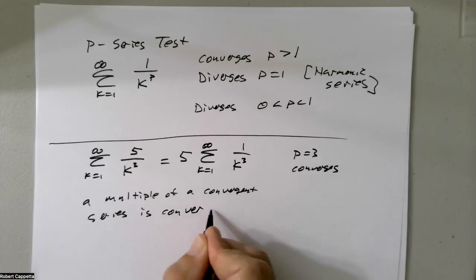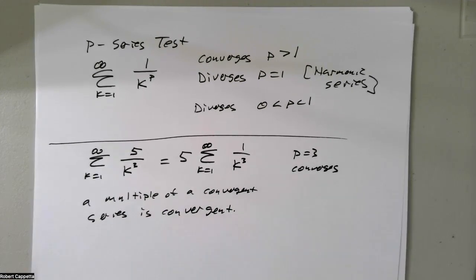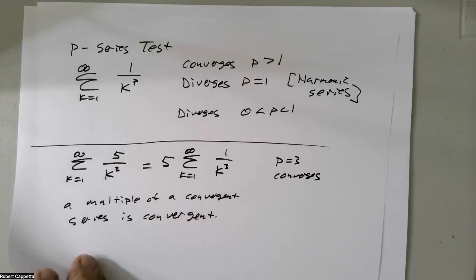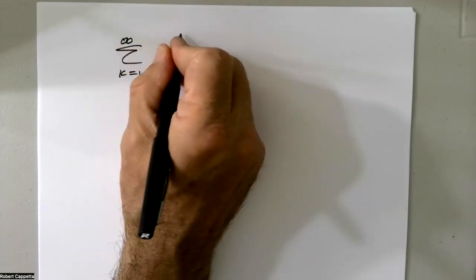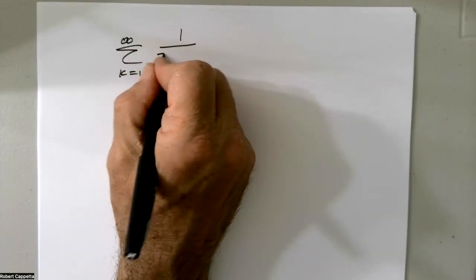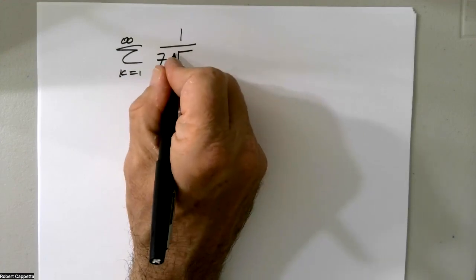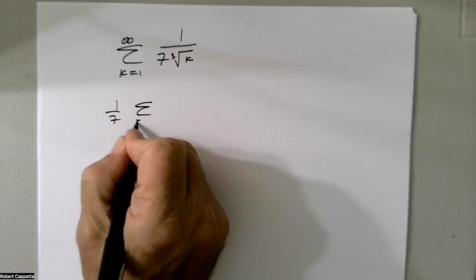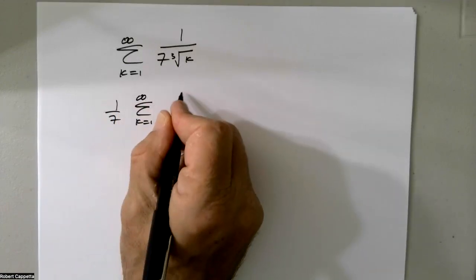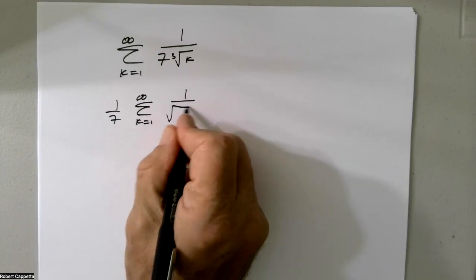A scalar multiple of a convergent series is convergent. And the same thing is true for a divergent one. So we'll quickly do one of those. If instead I have the sum as k goes from 1 to infinity, 1 over, I don't know, 7 times the cube root of k, I can pull the 1/7 out in front. 1/7 times the sum as k goes from 1 to infinity, 1 over the cube root of k,